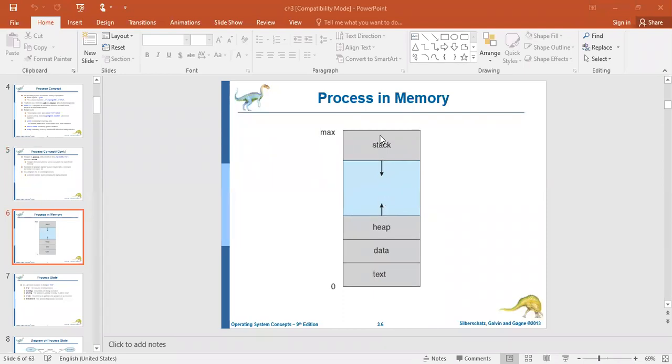Stack grows in this direction, whereas heap grows in this direction. Suppose they ever meet, which at some point of time they may, then you might observe errors like stack overflow, or a call to new or malloc will fail because insufficient memory is available.